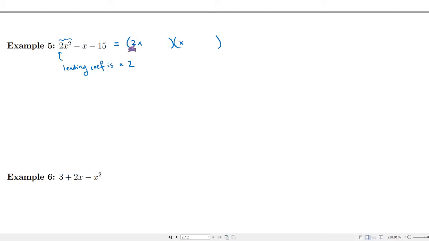Okay, so this is the slight difference between what we were doing before. So now we're going to have 2x plus something and x plus something. And we have to fill in these blanks. So we need to find these, right? Find this. Okay, now here's where you need to do some sort of trial and error, because we no longer